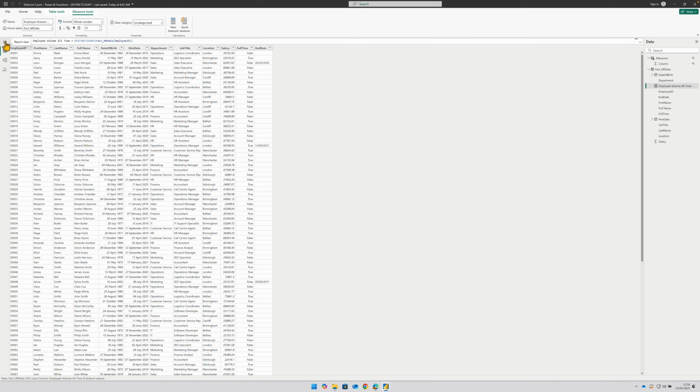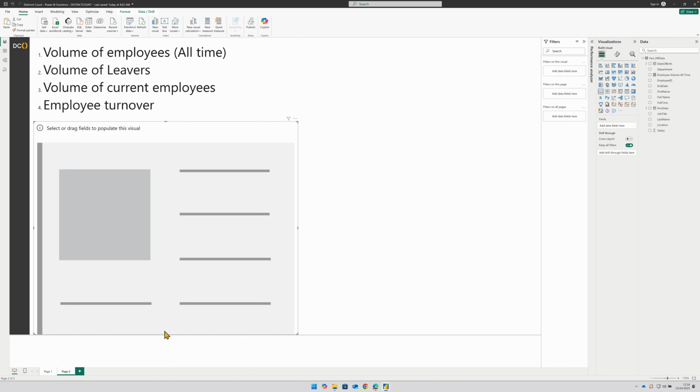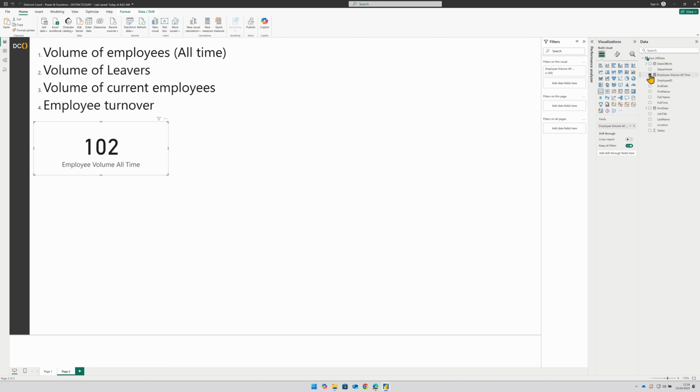Okay, I'll just head back onto the report, and what I'll do is I'll add a card on with the values as we're going through. And then we'll add the employee volume all time. So you can see from that we've had 102 employees work for this company